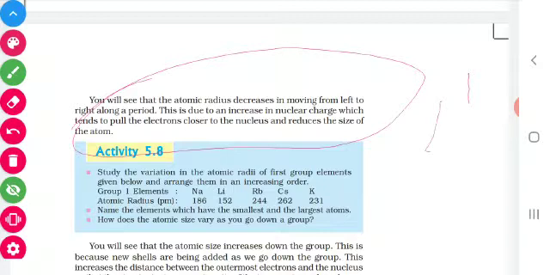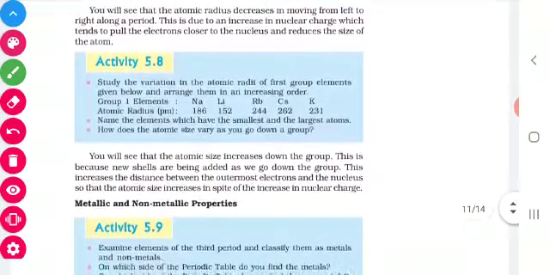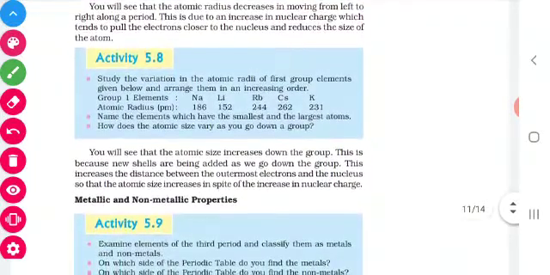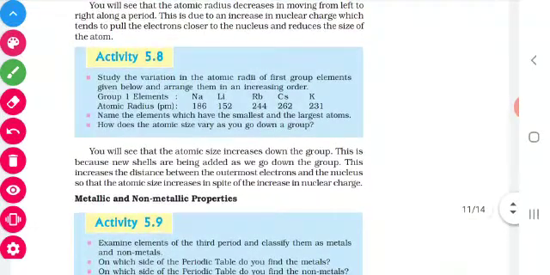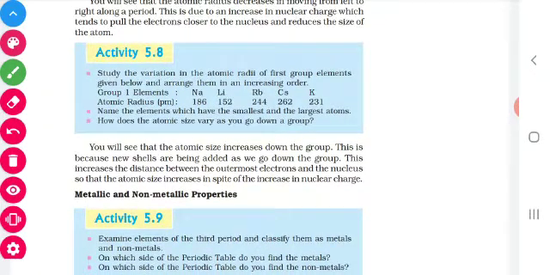Because of the additional electrons, lithium has one electron in the valence shell. Then next to lithium, beryllium will be having 2 electrons in the valence shell. So what does it mean? The electrons are added in the same shell. As a result, it increases the nuclear charge. So there is some contraction in the atom and the atomic radii decreases.